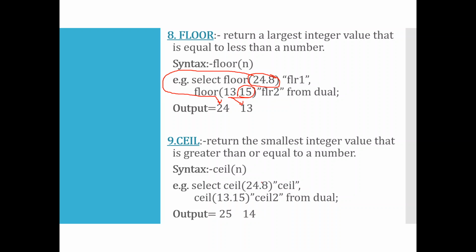And what is ceil? Ceil means the next whole number without decimal point after that particular number. So if it is 24.8, the next whole number without decimal point will be 25, right? After 24, 25 always comes. So 25 is the answer. If it is 13.15, what comes after 13? That comes 14. So 14 is the answer. So ceil will give the next value and floor will give you the same value, only removal of decimal points is done. Clear this much, everyone?